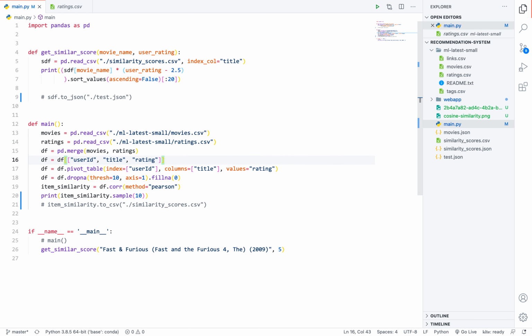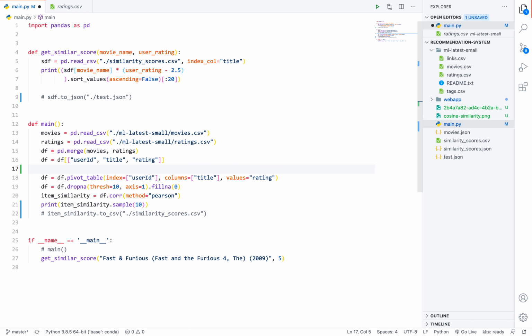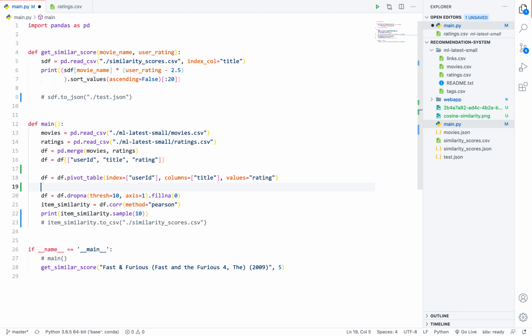It contains three columns: user ID, title and rating. But I need user ID as my index, title as my columns, and rating as my values. If we print this data frame, okay, let's print it.